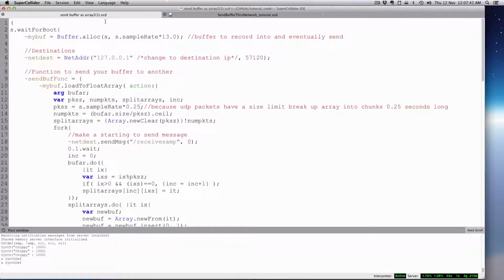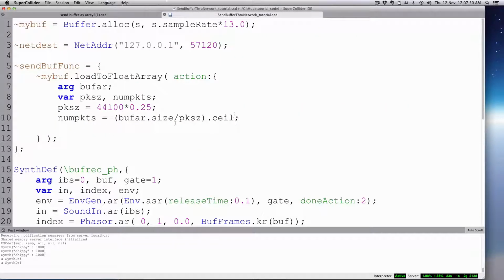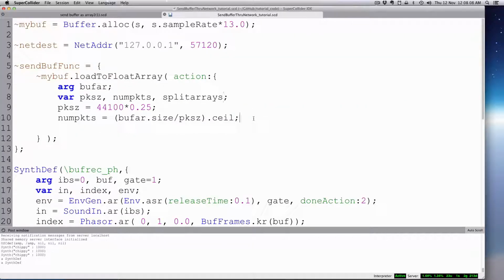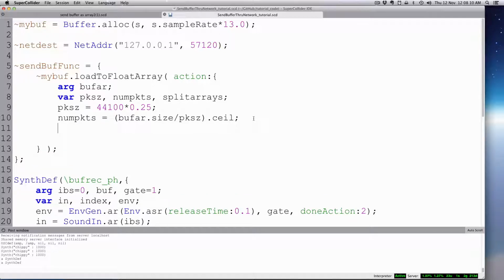All right, and then we're going to split the arrays up. So we're going to do this split array. I guess I need a variable called split arrays. Is that what I call it? Split arrays. And then I'm going to create a new array based on the number of packets I need, a new empty array. So I'm going to go split